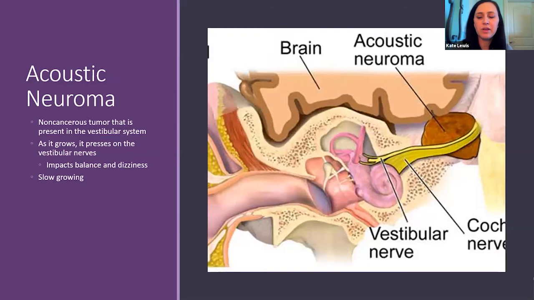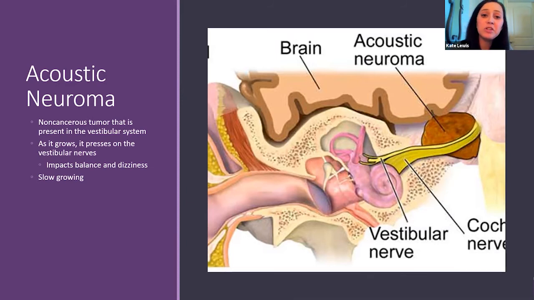Likewise, it's significantly less severe. In fact, it's not severe at all, but we could have what's called an acoustic neuroma, which is a non-cancerous tumor that develops in the vestibular system. It's very slow growing, but it presents very similarly to a subacute labyrinthitis or neuritis, or in other words, it looks like a hypofunction. So you're going to have a lot of symptoms that are similar to if you had had a labyrinthitis or